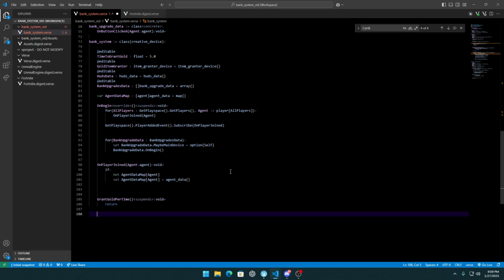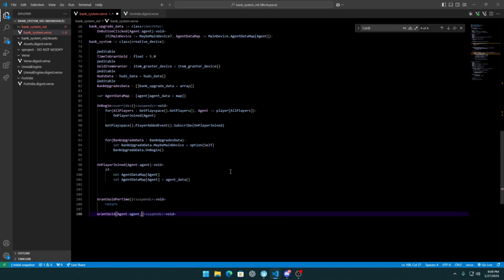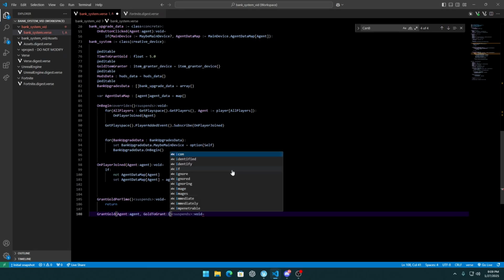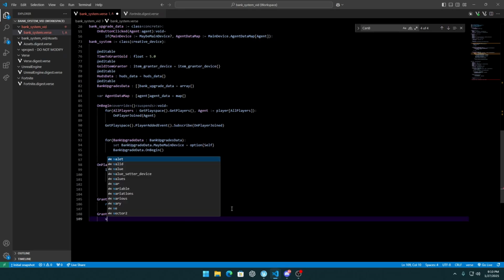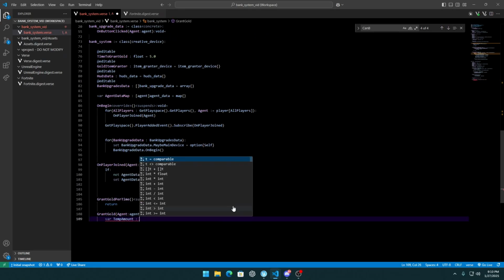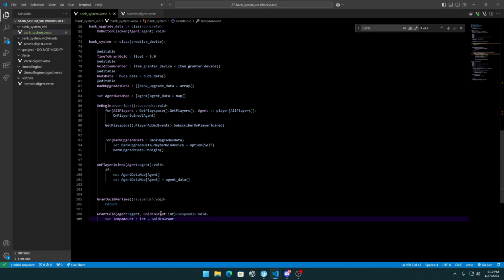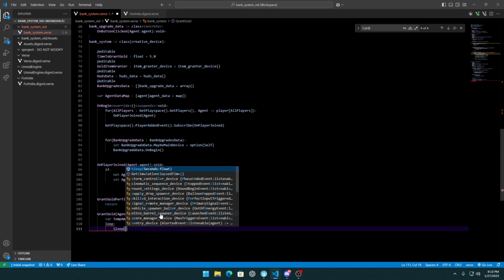And also the grant gold, which will also be suspends, but with two parameters, agent and gold to grant. Wait, gold to grant will be int. Okay, we can say that for now the var temp amount is int, and this is equal to gold to grant. Okay, here we need to do a loop with a sleep of 0.0,